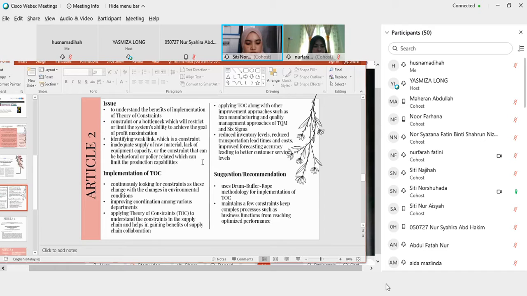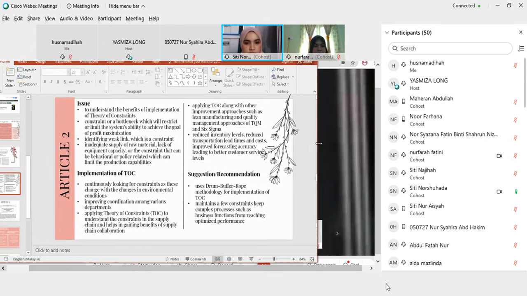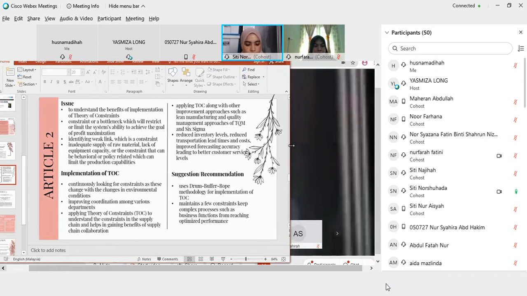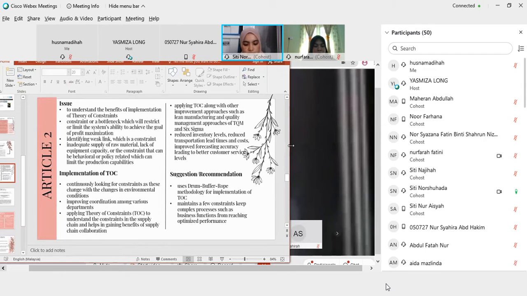Okay. The next is a suggestion or recommendation. First is use a methodology called drum buffer rope methodology for implementation of theory of constraints. It is named after the three essential elements of the solution, which is drum, buffer, and rope. Drum is the constraints or weakest link that set the pace of production. Buffer is the level of inventory needed to maintain consistent production, and rope is a signal generated from the buffer to